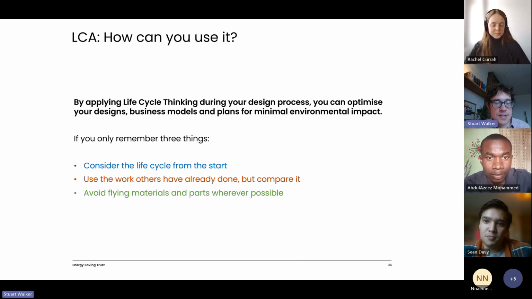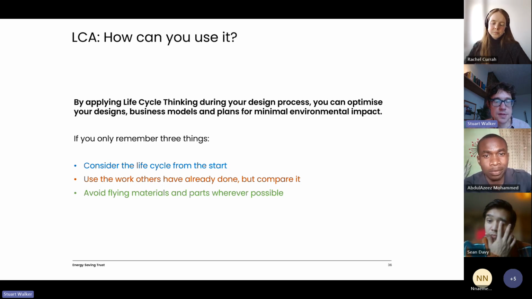We talked a lot about life cycle assessment and using software and the complexity, and that can be a long process, which you can do, but equally there's a lot of work out there. If you look for it, look in detail at what it's actually talking about, and find the work that is relevant to your needs. There will be something out there that has probably already done the thing that you need to do, or at least got close.